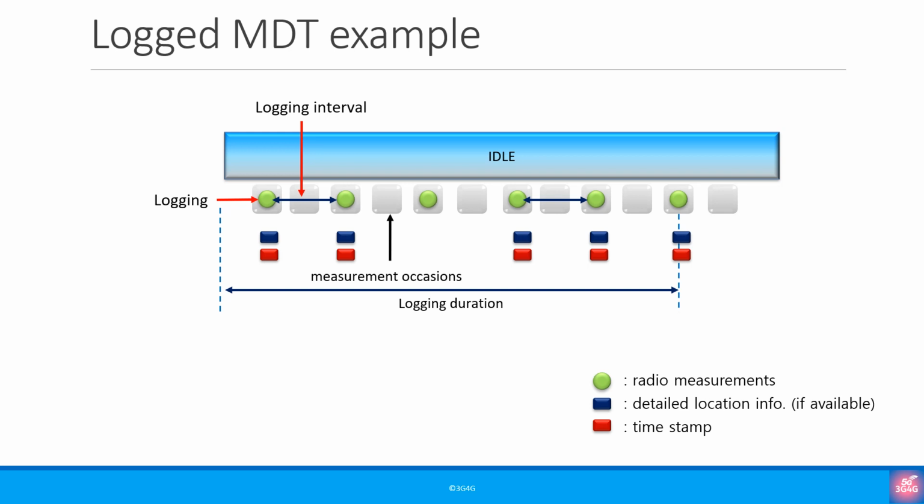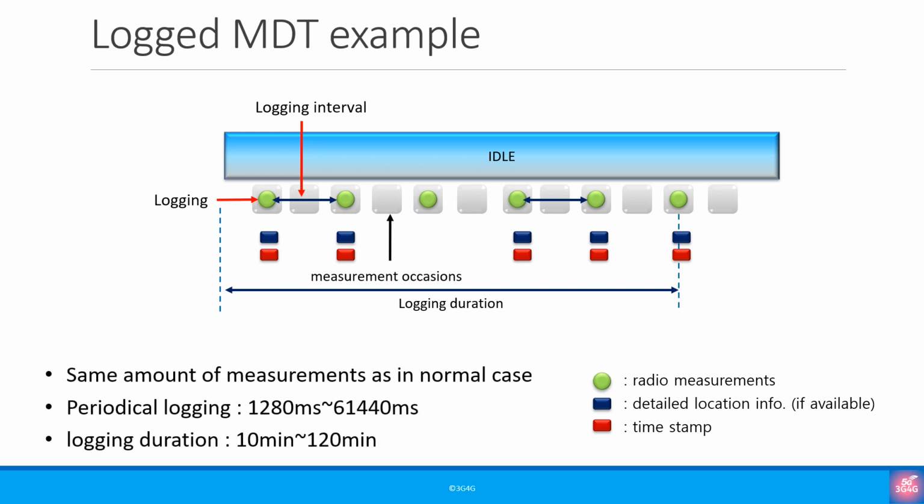When the UE next establishes an RRC connection, it can signal the availability of its measurement log using a field in the message RRC connection setup complete. The network can then retrieve the logged measurements from the UE using the UE information procedure and can forward them to the management system. It should be noted that all these extra measurements shouldn't drain the battery of the UE, so the network should only configure the normal amount of measurements.